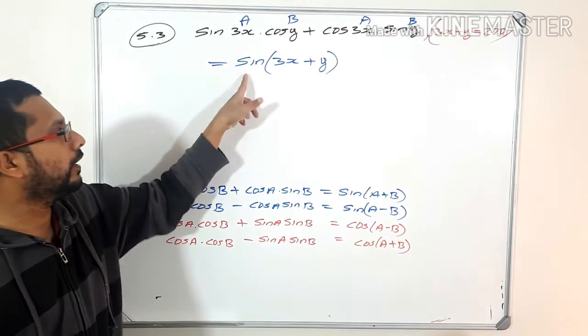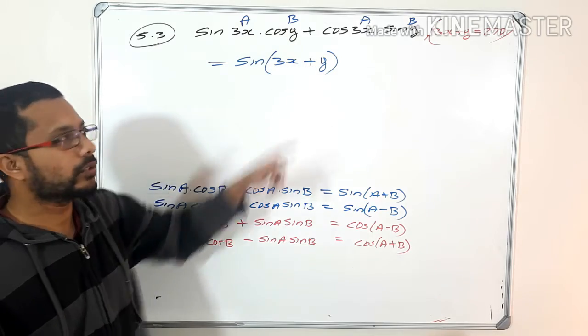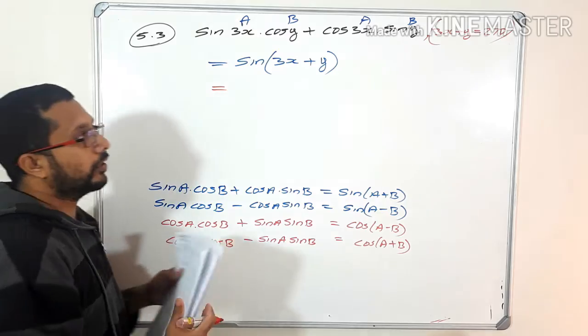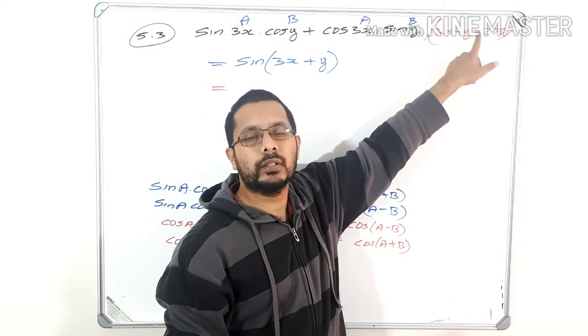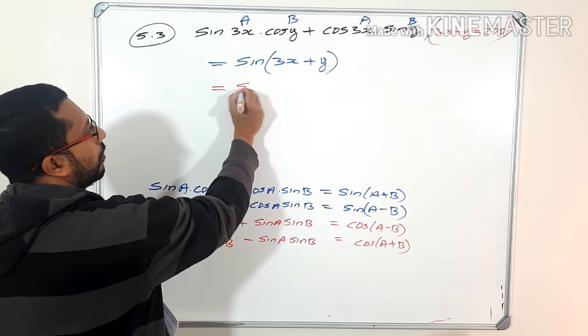So sin A cos B plus cos A sin B, that is sin of A plus B. Our A is 3x and our B is y. So what is 3x plus y in our question? It is given, look at this one. They gave in the question 3x plus y is 270. So it is sin of